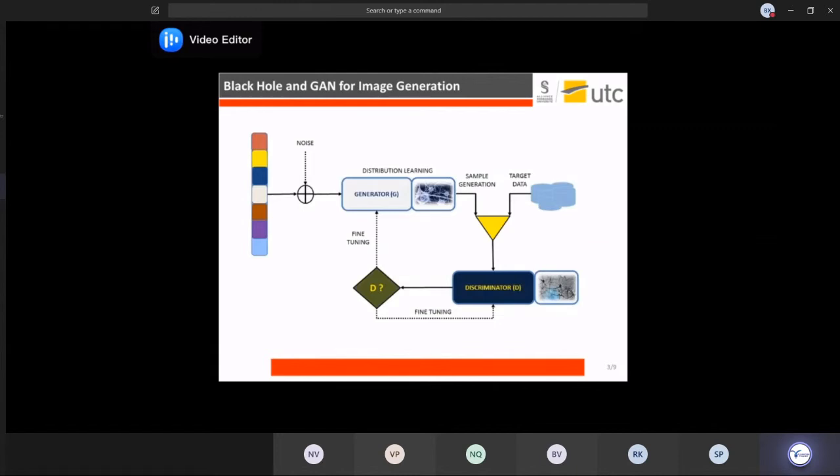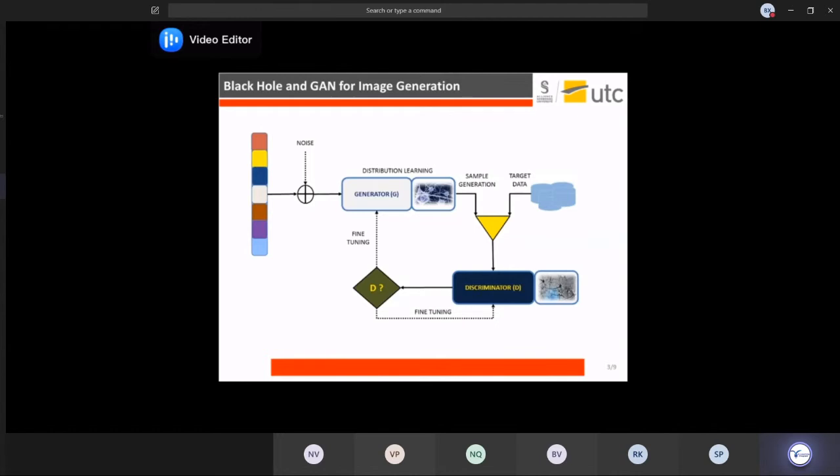The GAN is the combination of two neural networks. The first one is the generator network, which tries to learn the distribution of the sample data. And the second one is the discriminator network, which takes the output from the first network and uses the target data to apply a fine-tuning process in order to adjust some parameters in the network. So in order to apply these methods to reconstruct the black hole